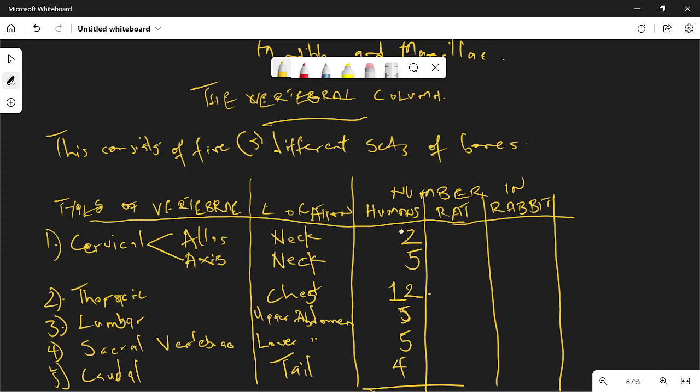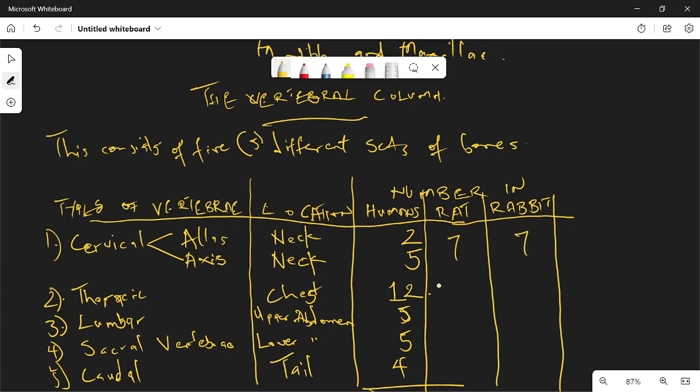So we have this number that we have written here as that of each of these vertebrae that is found in humans, cervical in human and all of those. In the rats, we have a total of 7. I mean the cervical is a total of 7,